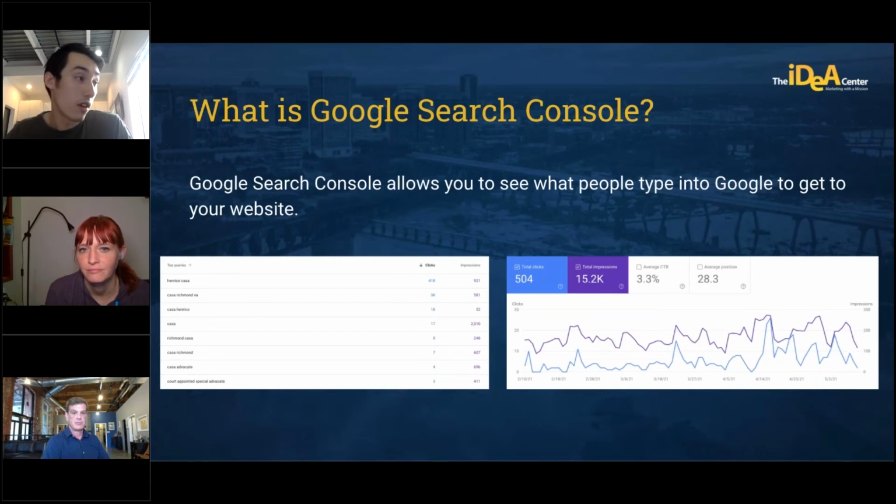So for an example for Henrico Casa as a non-branded keyword, it would just be charity Richmond or charity Henrico. When you type that in, you're not sure what charity you want to land on, but you're probably what we call a hot prospect looking for a charity to either donate your time to or donate your money to. For volunteer opportunities as well, just like the keyword you saw in the Google Ad Grant slide where I just typed in volunteer opportunities near me. That would be considered a non-branded keyword because I have no idea who I'm looking for. I know I'm looking to perform an action, which is to give volunteer hours to an organization, but I don't have a particular preference on who I give it to, or maybe I'm just in the research stage of trying